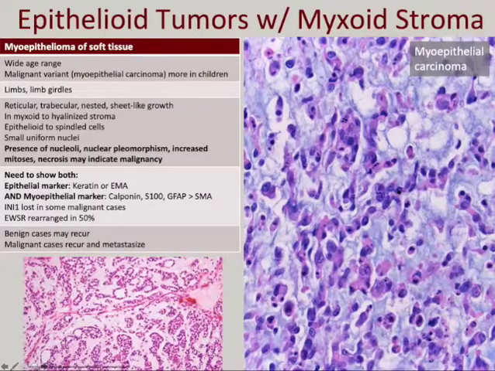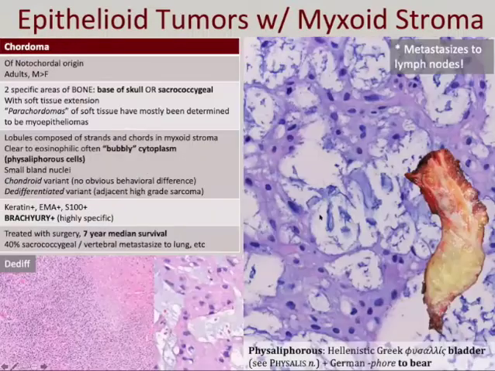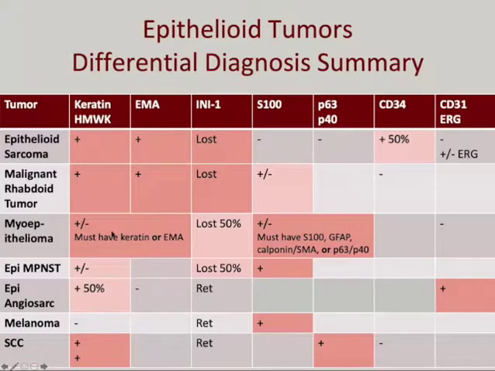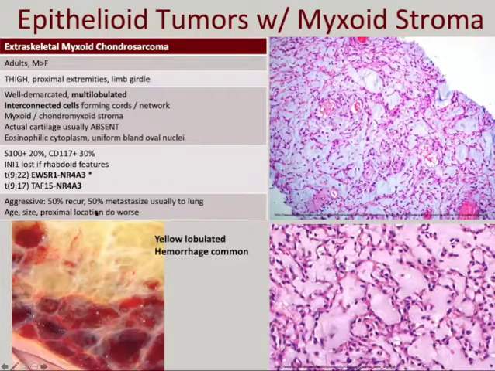All right, if you have an epithelioid tumor with a myxoid background, you're going to be dealing with one of 3 things: a myoepithelioma of soft tissue, a chordoma, which should really only occur in the base of skull and the sacrum, where your notochord opens and closes, or an extraskeletal myxoid chondrosarc. And you can differentiate all of these by immunostains and